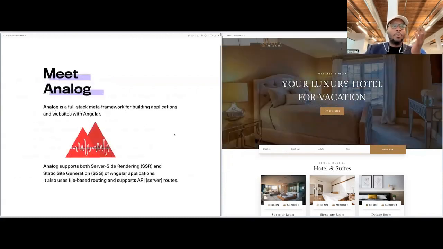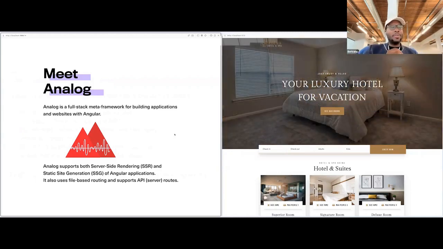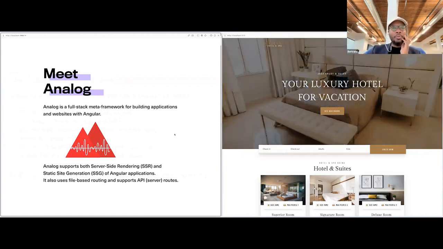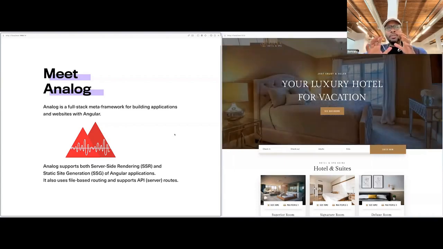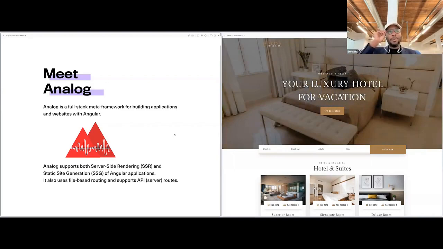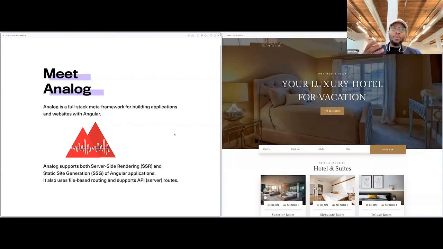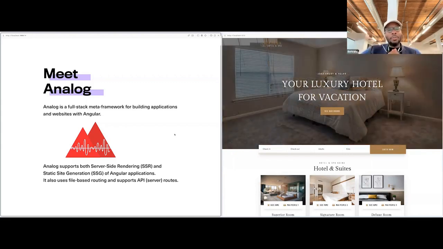And so luckily, the community has been working on the solution outside of the Angular core team. Brandon from the RxJS team is leading this effort, actually. There's a framework called Analog, or AnalogJS, which is a sort of meta framework on top of the Angular framework. And using Analog, you can support SSR, server-side rendering. You can support static site generation, all with a great developer experience. And on top of that, you can also create API routes to create that sort of full application experience